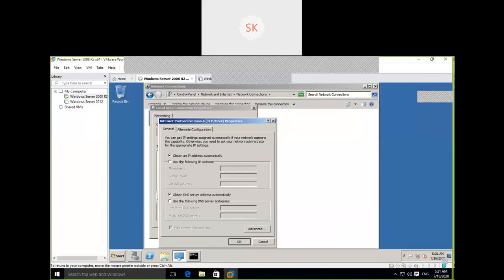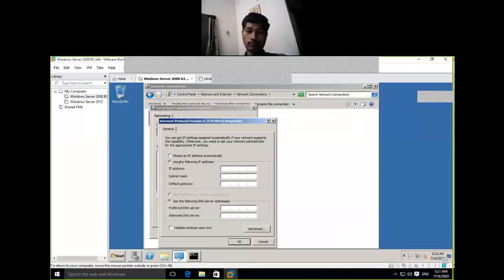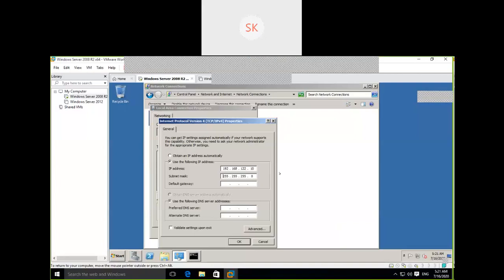That is the first thing. Use the following IP. Mention 192.168.122.10. Then subnet mask, gateway. Go back to the command prompt.